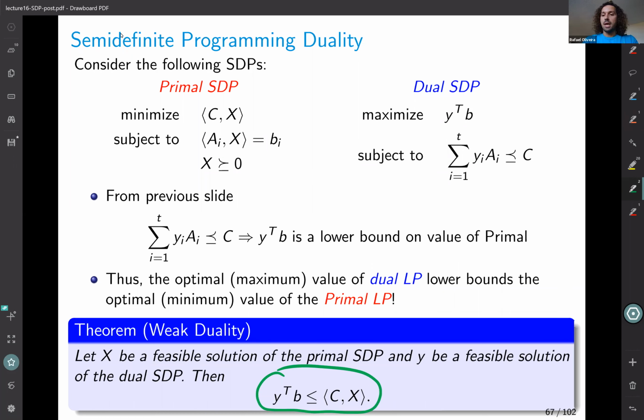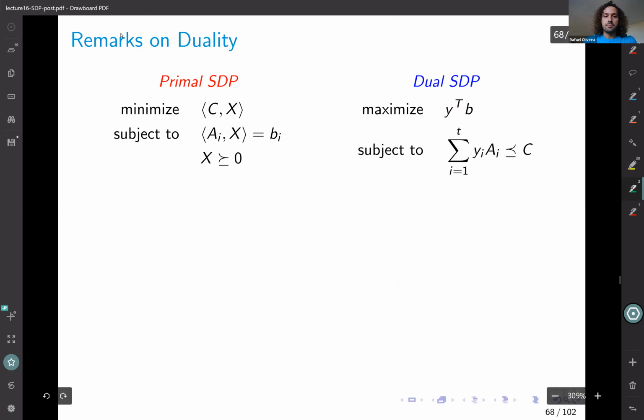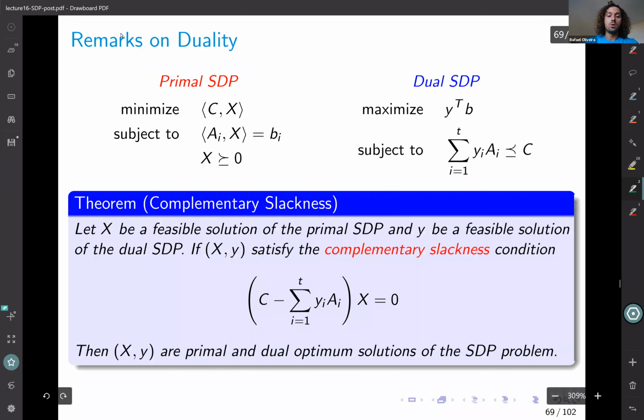And now we would like to say, well, do we have strong duality? Let's just do some remarks on duality to see what happens with strong duality. So, okay. And before we do that, we also have a theorem, which is not hard to prove, that if